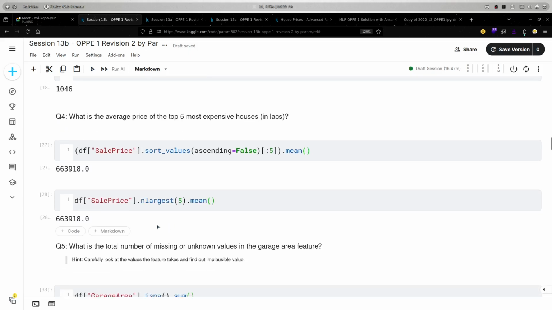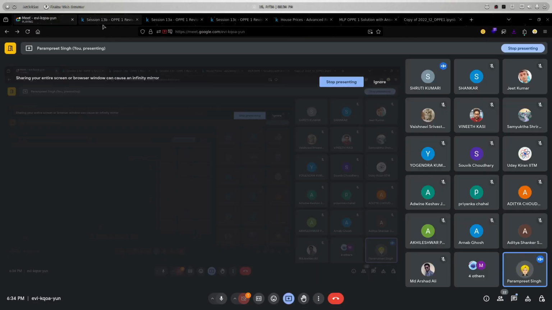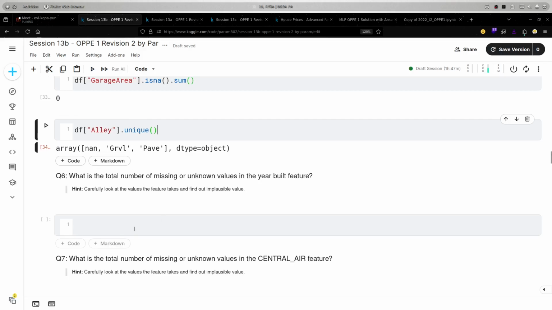As I told you, use the unique function. It will list all the unique values we have in our specific column, and from there we can identify that we have a question mark, underscore, unknown or something like that. That sample I will show you in the NPP. I had also done it in the NPP solutions, and I will show you once again.